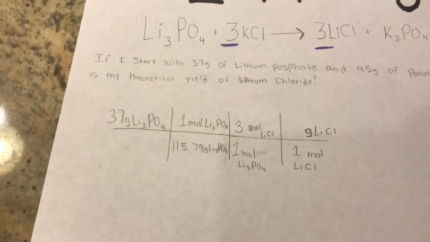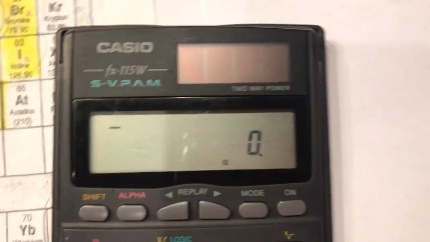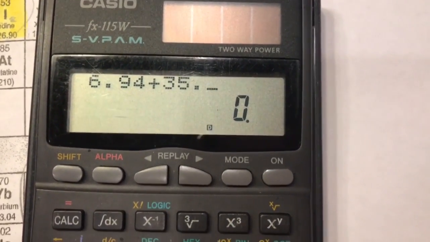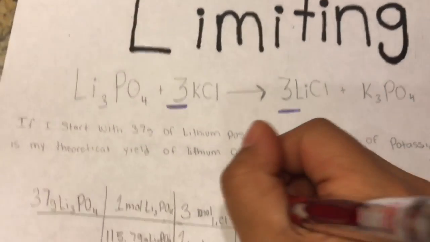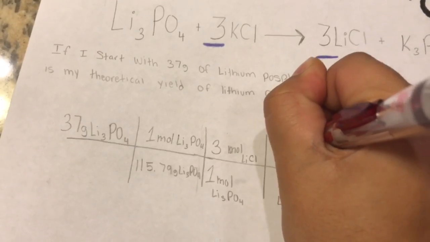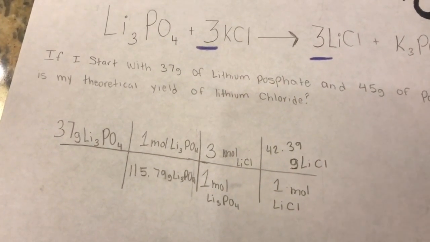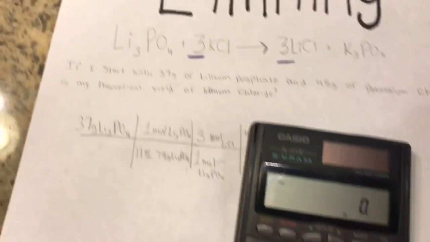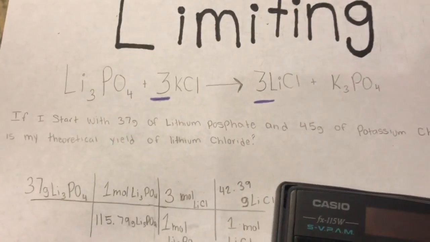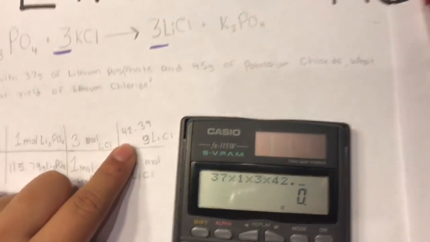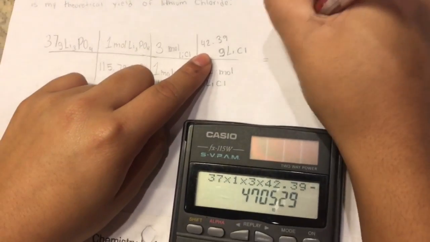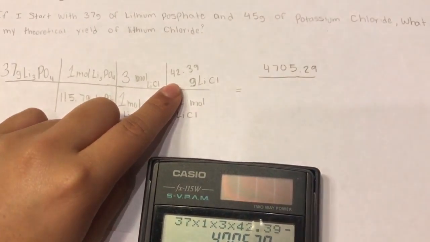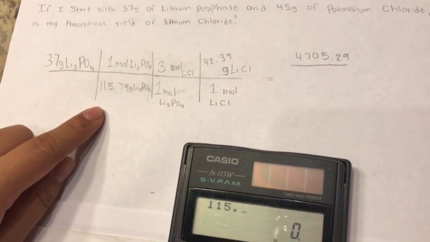Now on the periodic table, you will look for Li, which is 6.94, plus Cl, which is equal to 35.45. That would equal 42.39 grams of LiCl. Now you want to calculate that and multiply 37 times 1 times 3 times 42.39, which equals 4,705.29. Then you calculate the bottom, which is 115.79 times